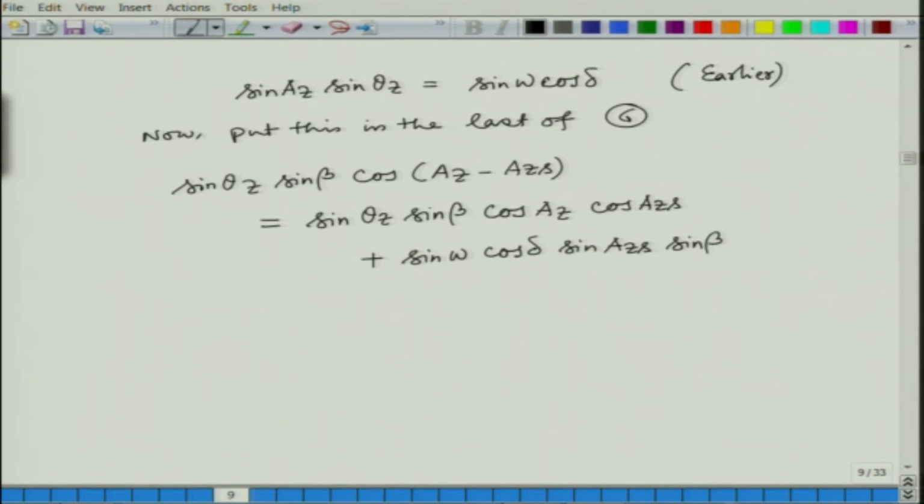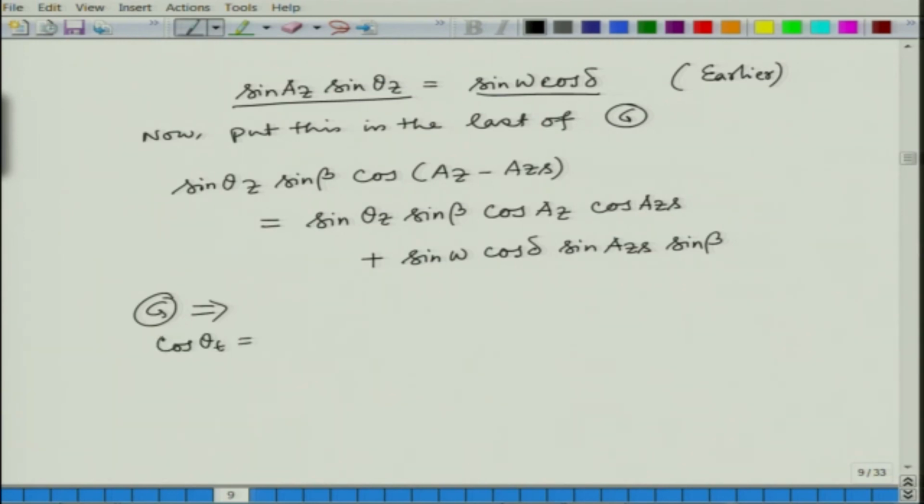Okay. So, we have just replaced this with this. Basically, the expression G is now converted into the following: